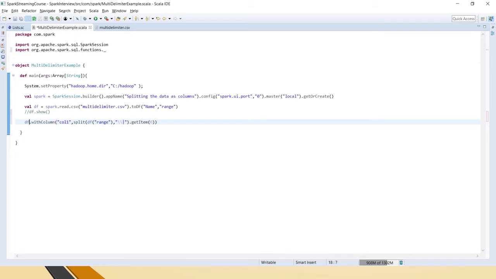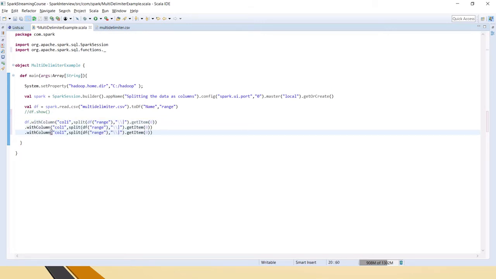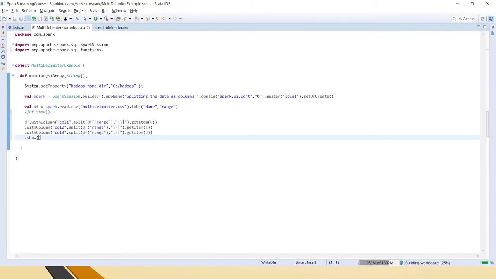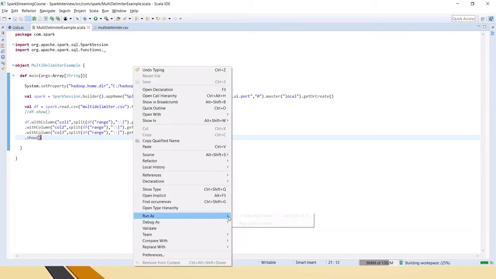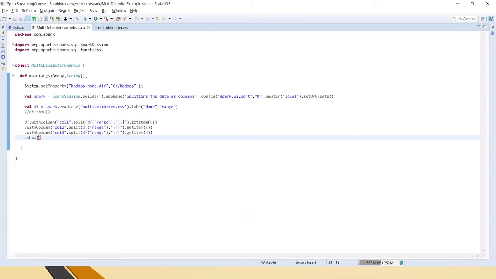This is the way we get the first one, and similarly the second one and the third one, here it is 1 and 2. Now let's print this and see whether we have achieved the requirement or not.